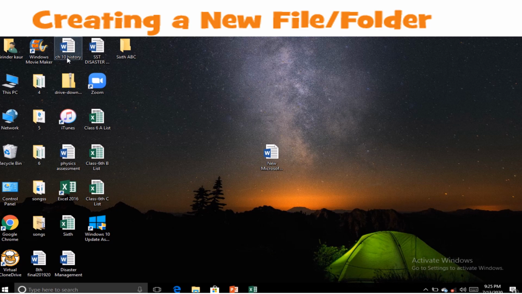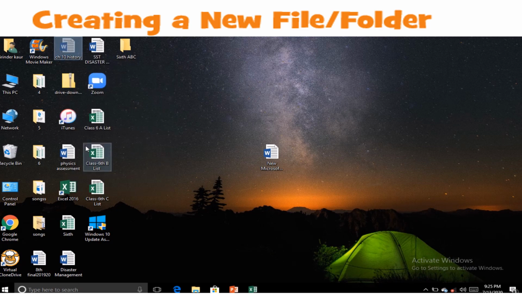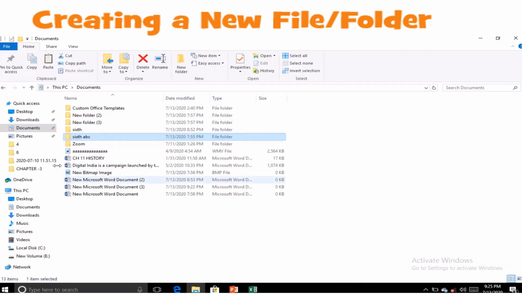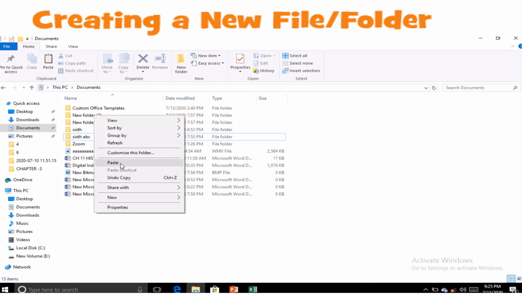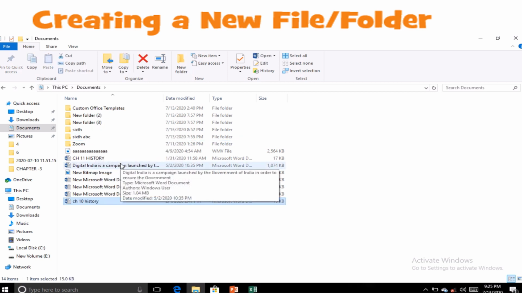I am right clicking on it and clicking on cut, or Control plus X. For cut we have the shortcut key Control plus X, and after that I need this file in documents. So here I can paste by right clicking, or by Control plus V. Two options we have, right click and paste or Control plus V.